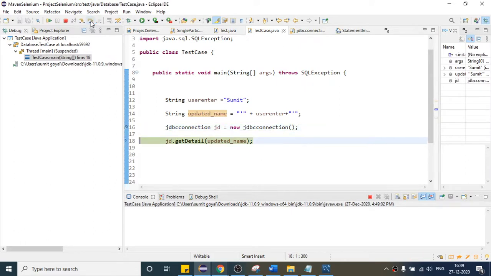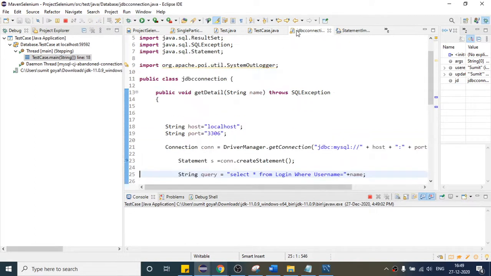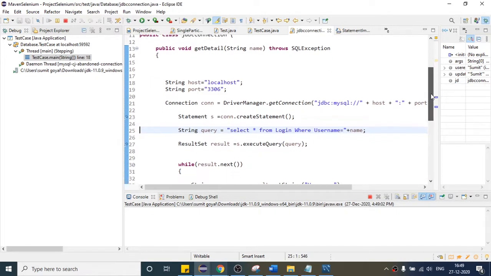if I run it again, we will land on this code. It should stop here.